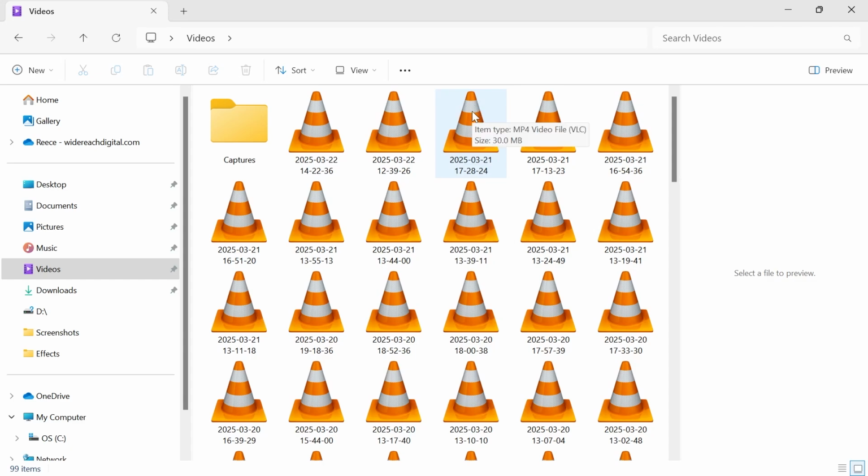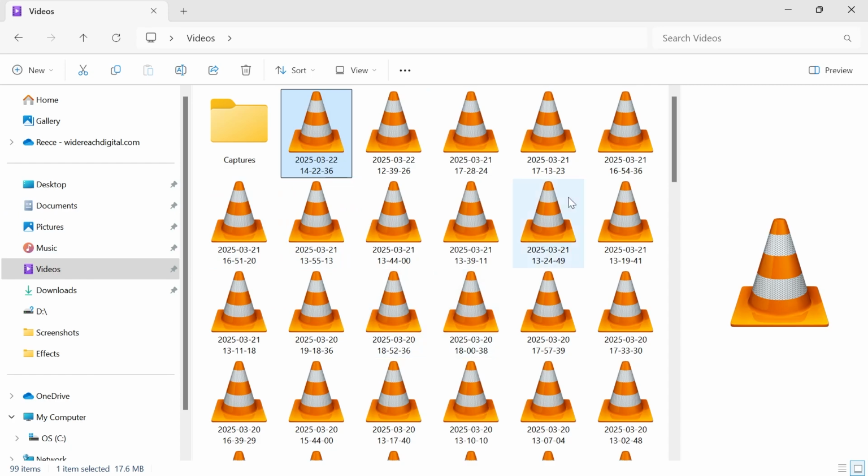In this video, I'm going to show you how to fix the issue where your files are showing as icons instead of thumbnails. So if you've opened up your File Explorer and all of your files inside of here are showing as icons, then there's actually a couple of things we can do to solve this issue. Now, the first step is you just want to open up the folder that you're having issues with,